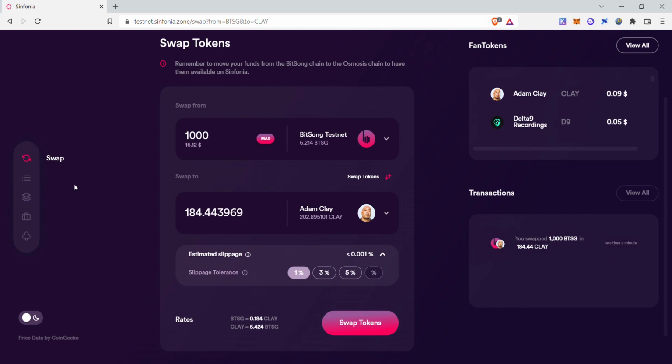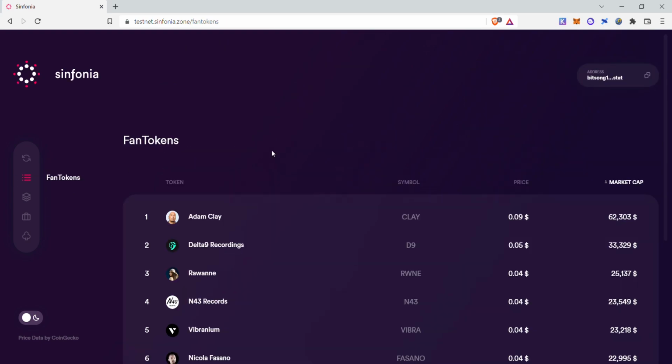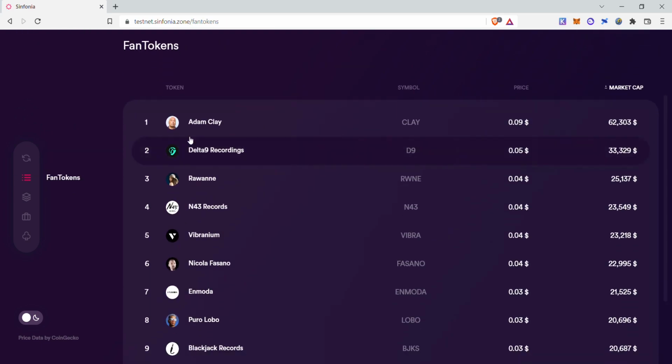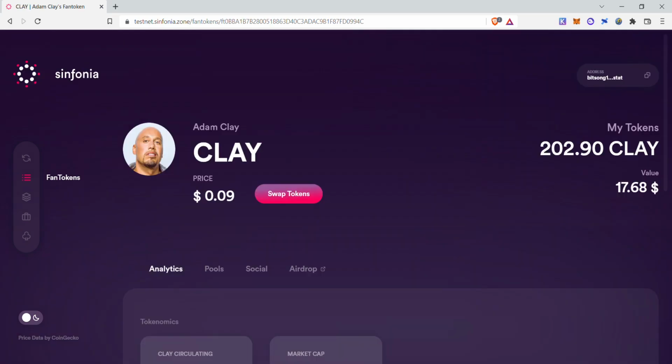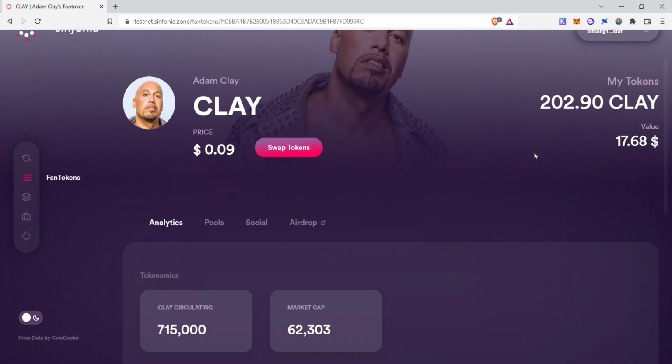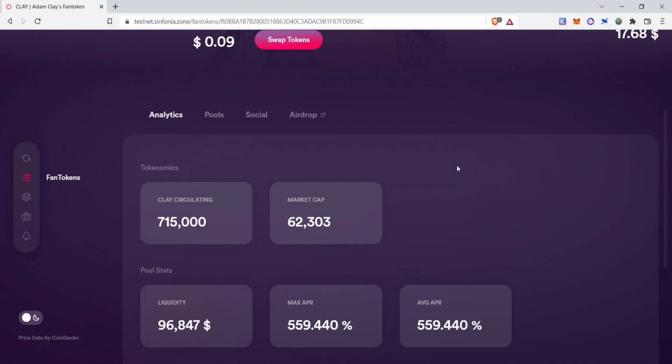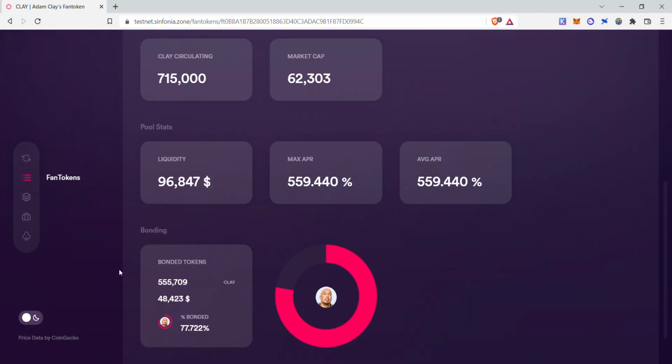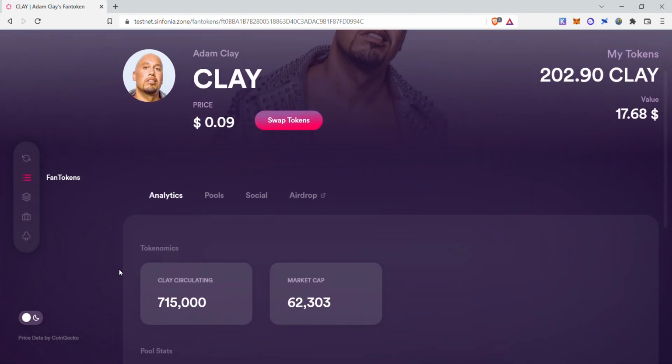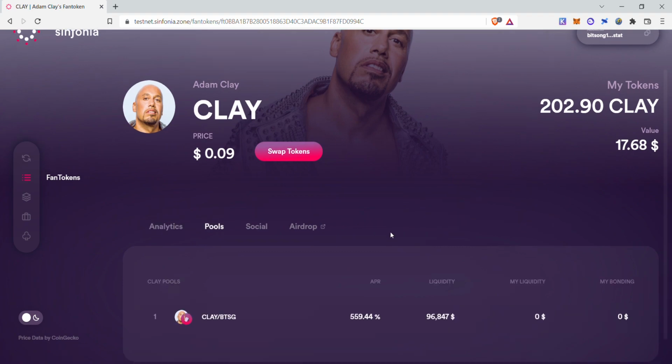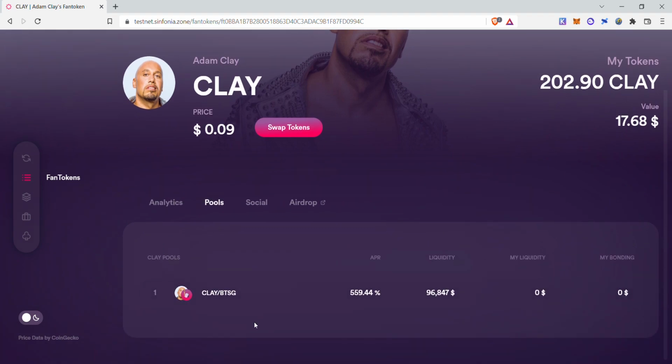So let's go on the fan tokens page. We have all the fan tokens listed. If we click on them, we will have a full set of information regarding the fan tokens. We have the tokenomics, the pool stats, liquidity, and so on. If we go on pools, we can see what the Clay pools are. If we go on social, this is an external link that will bring you to